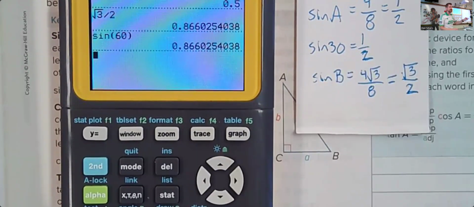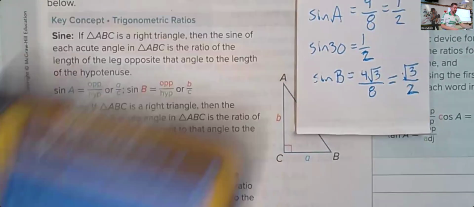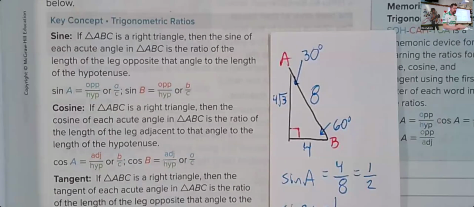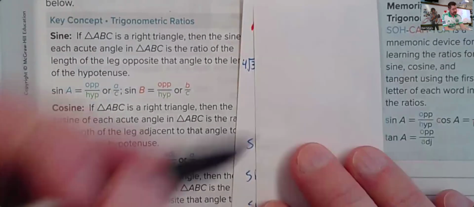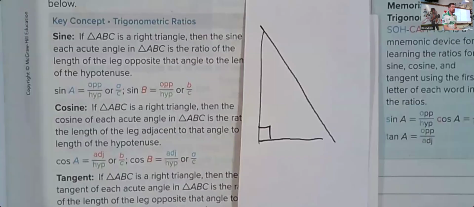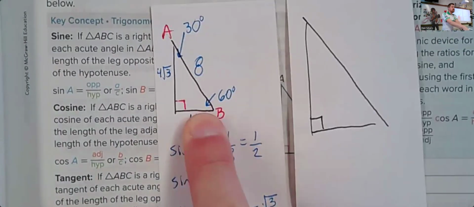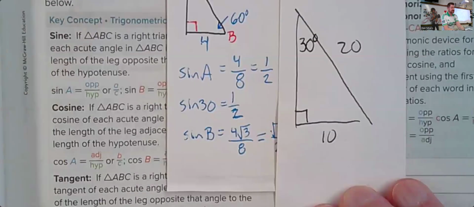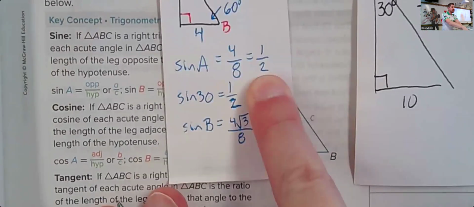There is a set relationship, because if you think about a triangle that is a 30, 60, 90, and it's small like that, if I were to draw another 30, 60, 90, that was bigger, it would still be a 30, 60, 90, which would make it similar to this one, right? So if this was 10, this would be 20. And the sine of 30 degrees would still be 10 over 20, which still reduces to 1/2. So no matter what,